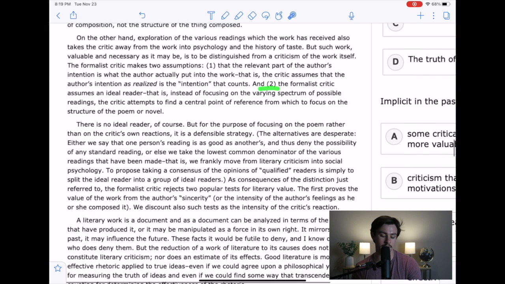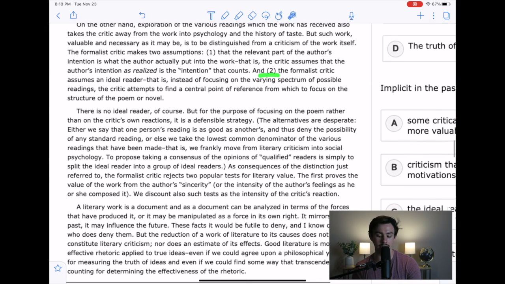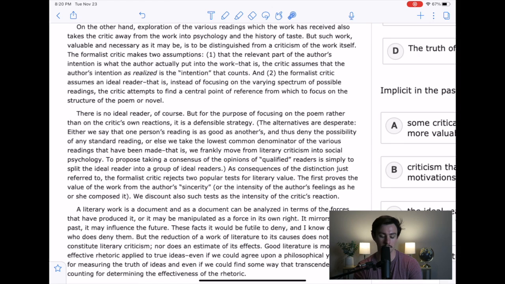And number two, the Formless Critic assumes an ideal reader. That is, instead of focusing on the varying spectrum of possible readings, and I would stop because that's kind of a lot, I would stop and unpack that. Even though it's not the end of a sentence, I would stop and unpack that. Instead of focusing on the varying spectrums of possible readings, I think she's probably talking about instead of trying to figure out different people's reading levels,